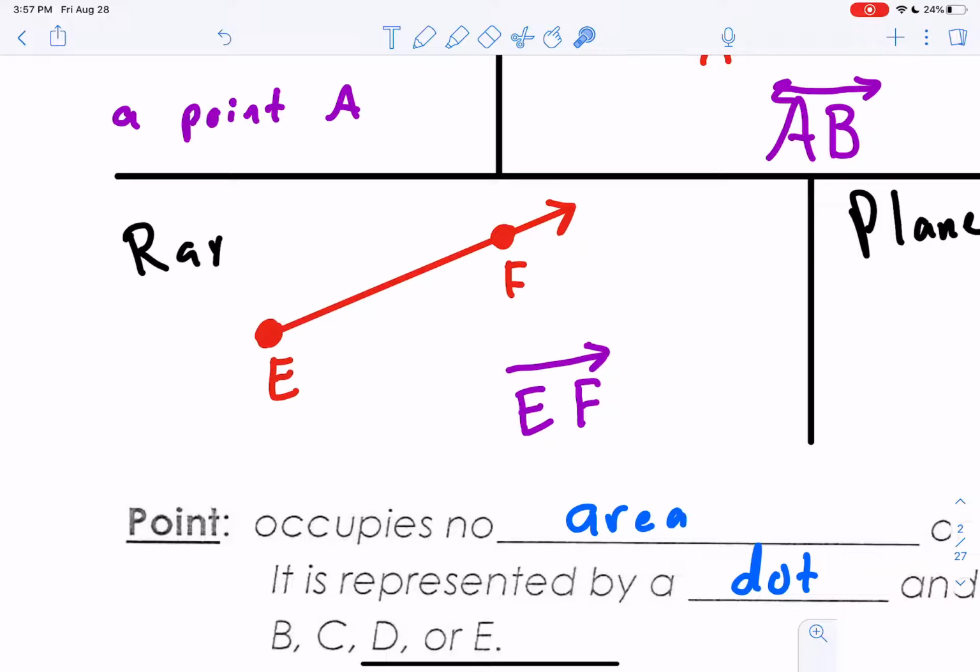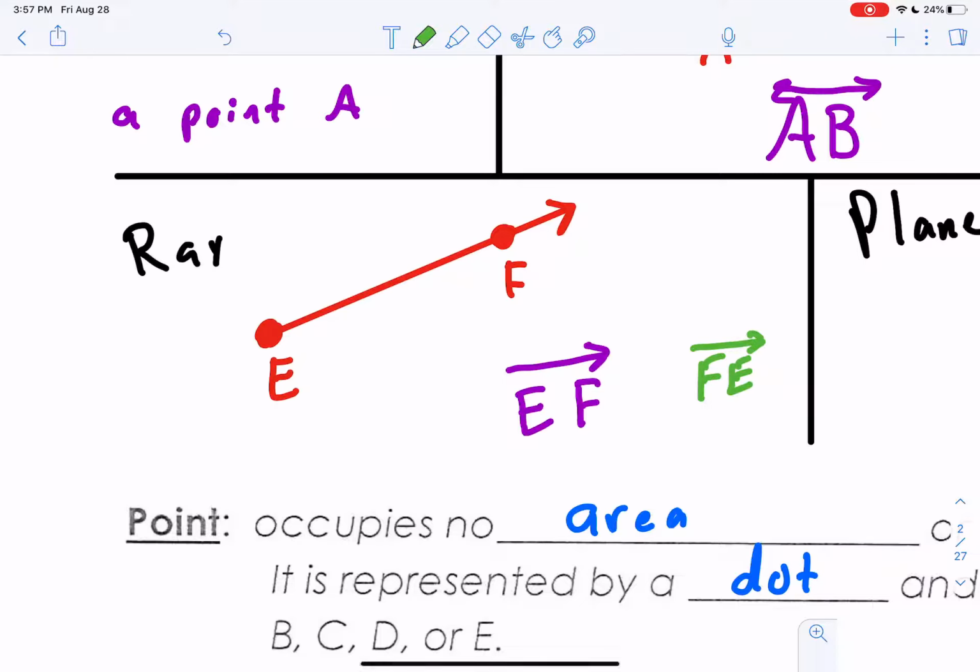Now, I mentioned in the previous two, for line and line segment, that the order is not important, that I can switch those. This is not the case for a ray. I cannot switch this around. So for example, if I said FE like this,